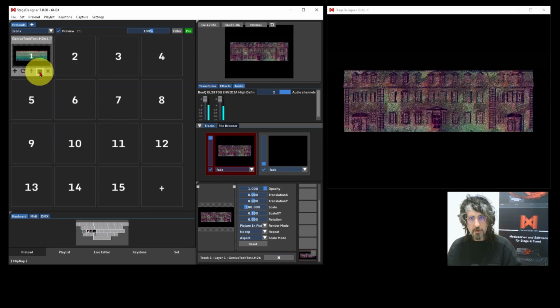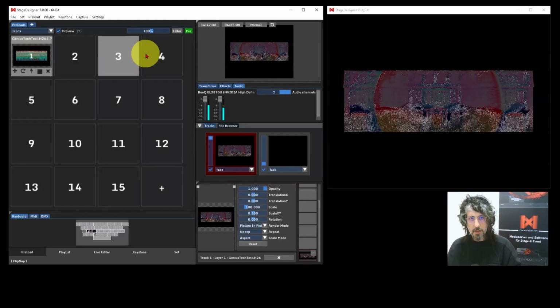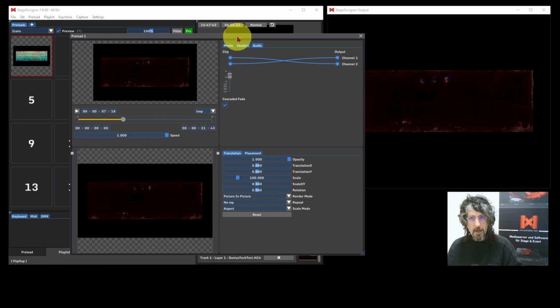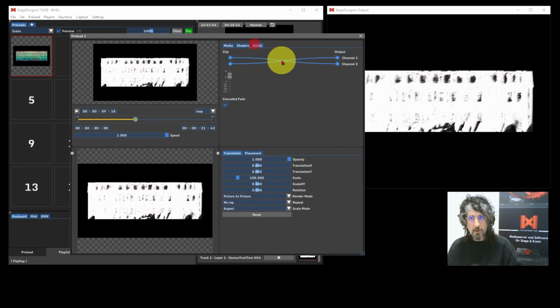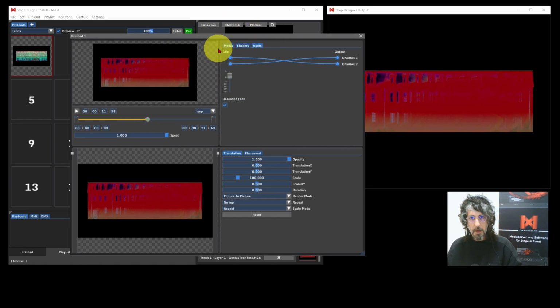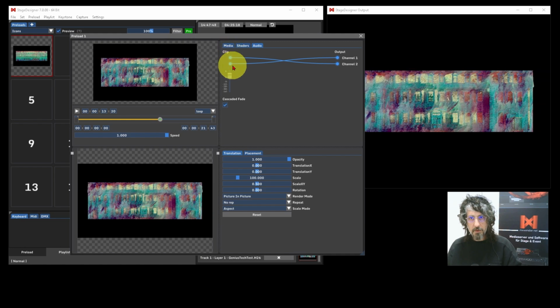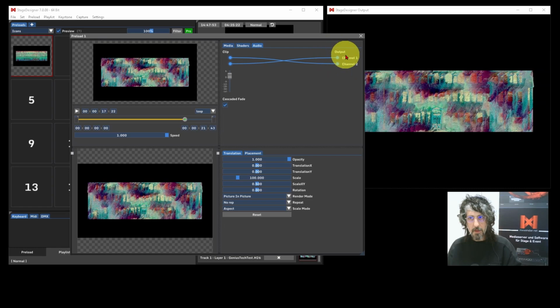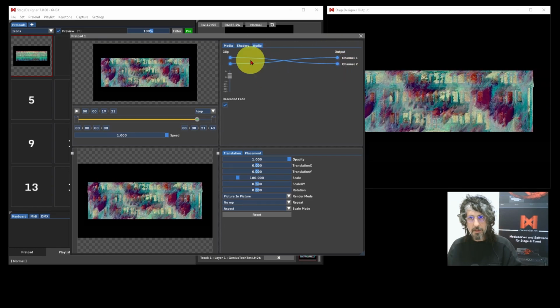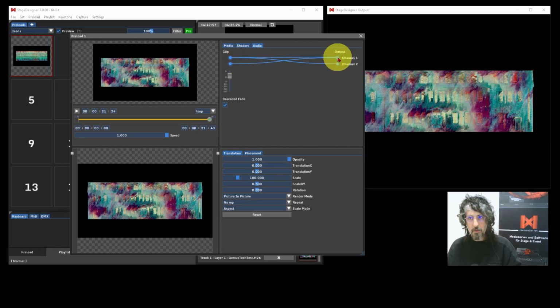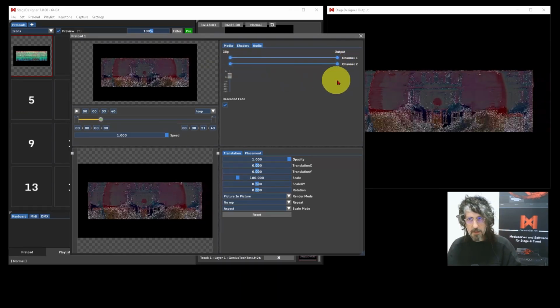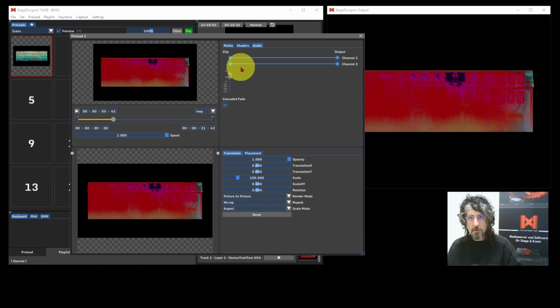And if I need to do adjustments on single clips, I could always double click here on the clip, and here I can go to the audio tab, the third one, and I already see the available tracks of audio on this clip and the available outputs that I have on my audio device. And here I can do rerouting, or basically I can change the routing of the audio in case I need